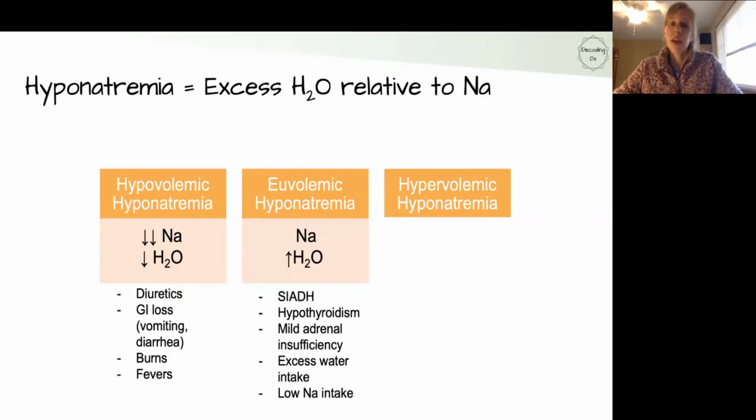Euvolemic hyponatremia, you've just gained water. Typically, the sodium hasn't particularly changed, but you've gained more water without gaining sodium with it. So we commonly think of SIADH in this picture, but you can also see hypothyroidism, adrenal insufficiency, or just if someone isn't taking in enough salt, or if they're taking in too much water, such as in someone who drinks a whole lot of beer without eating other things, or the common tea and toast diet